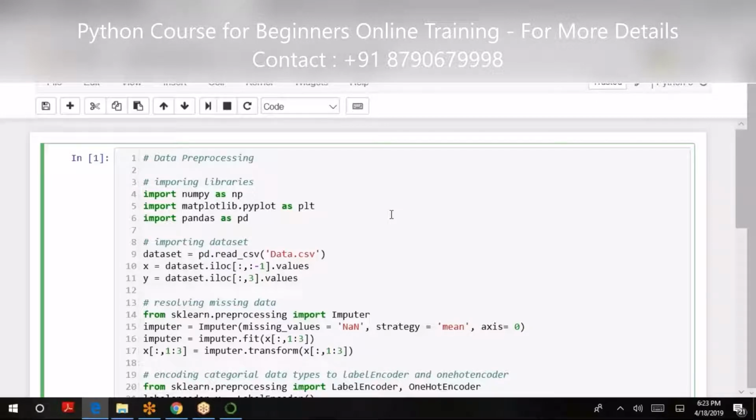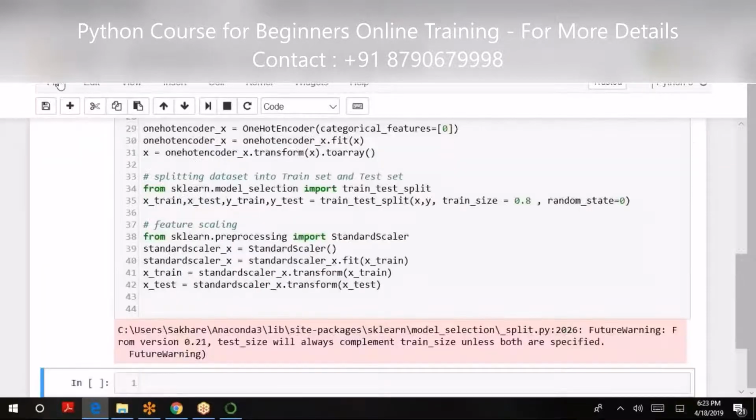When programming comes, eventually we require some editor. Typically there are various editors which can be used.